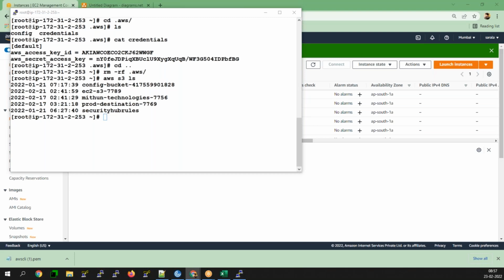For example, I would like to go with aws ec2 describe-instances.